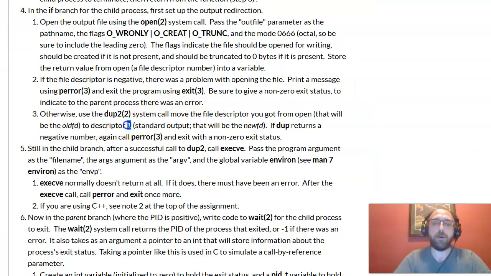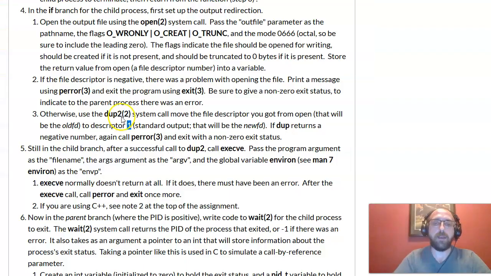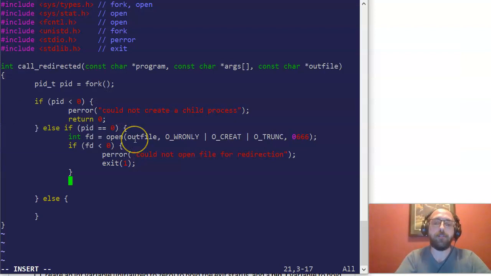And standard output is file descriptor 1. So if dup2 returns a negative number, that's an error. Here I don't need to save the result of dup2 other than to check if there was an error. So dup2 takes the old file descriptor, that's the one that I got from open, and the new file descriptor, which will be standard